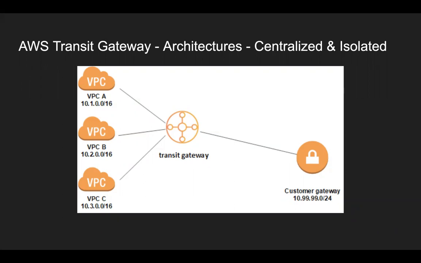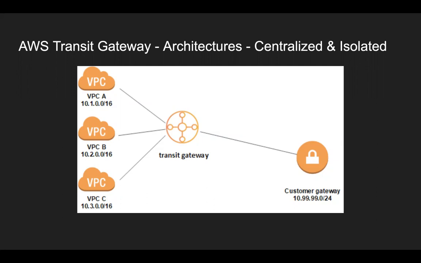The first one that we are seeing right now on your screen is the centralized and isolated architecture. So what does this mean? Let's say that you have VPC A, B, C, and a customer gateway, which points to your on-premise or corporate data center's VPN connection. The Transit Gateway is in the center as a hub. It connects all of these connections as part of attachments. So with the centralized architecture, you can communicate from A, B, C to your on-premise, and from the on-premise, you can talk to A, B, and C, and all of them can talk to each other. So this is a centralized architecture that you can create.